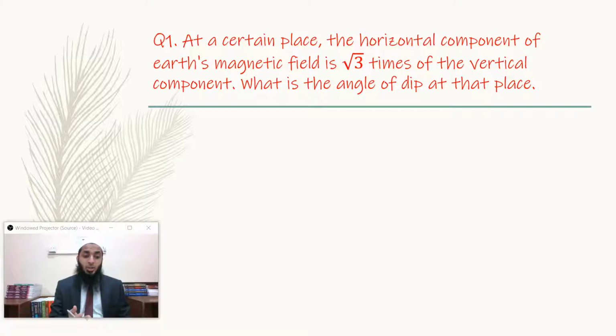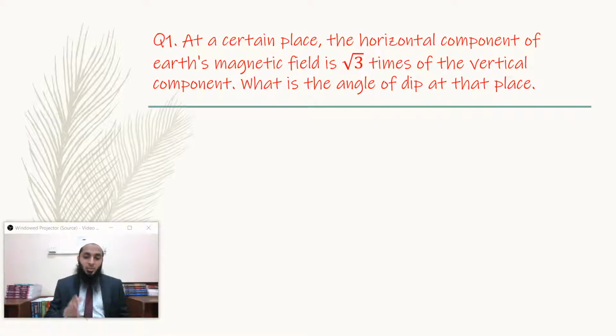Then we learned about different elements which are required to completely define Earth's magnetic field. Earth's magnetic field will be inclined to the Earth in some places. At the equator, it will be horizontal, and all those things we have learned. And so, if the resultant magnetic field is in some direction, then what are the things we require to completely